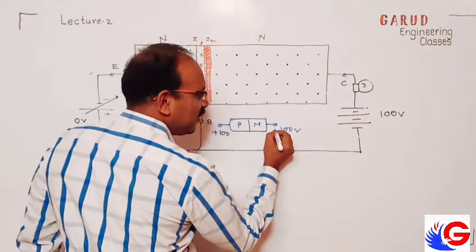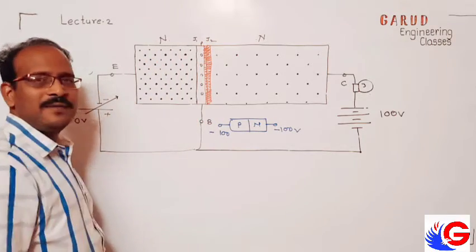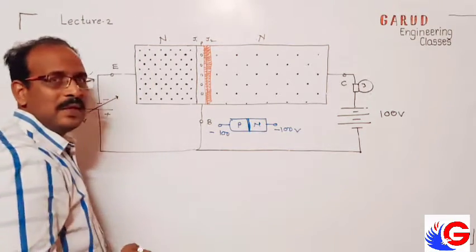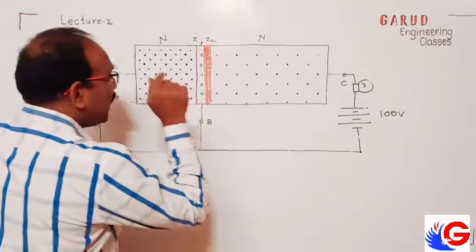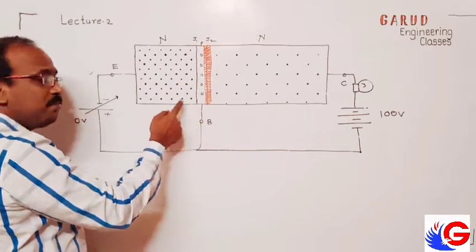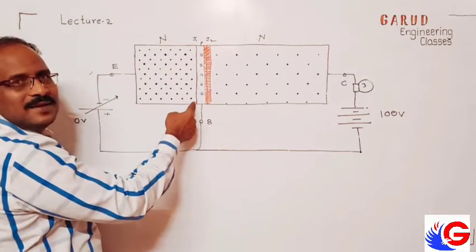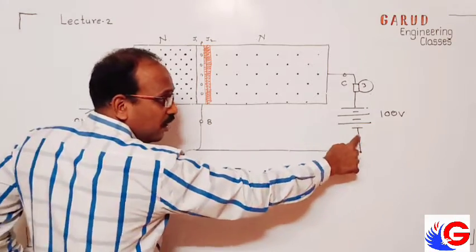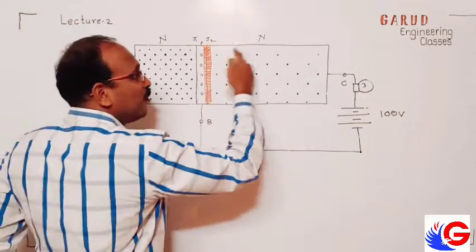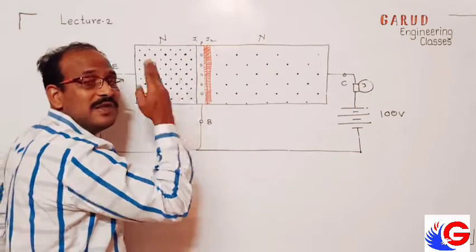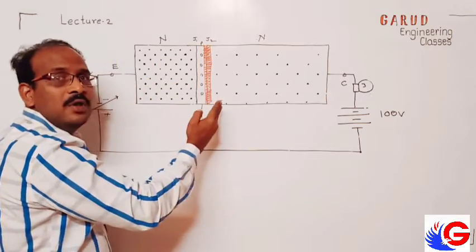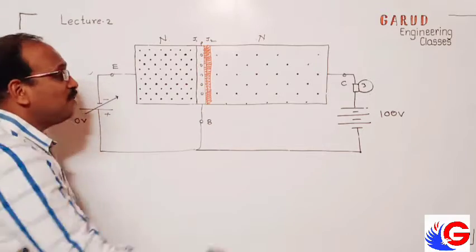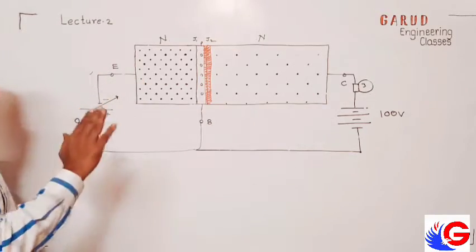Now tell me, if I apply minus 100 and minus 100, what will happen? Nothing will happen. Will this break the depletion layer? No. It is in natural form. So, even though theoretically this junction is forward biased, for the 0 volt it is not forward biased. This is in natural form. What about this? Here the negative terminal is connected here and the positive of this is connected here. So around 100 volt is across this, reverse biased because of 100 volt. So there will be a huge spread of the depletion layer and this will not allow current to flow from any direction.